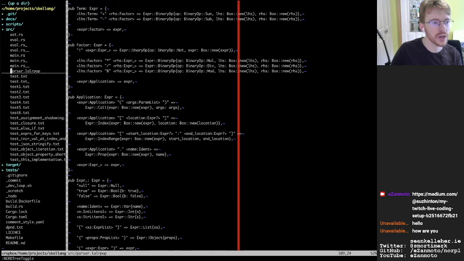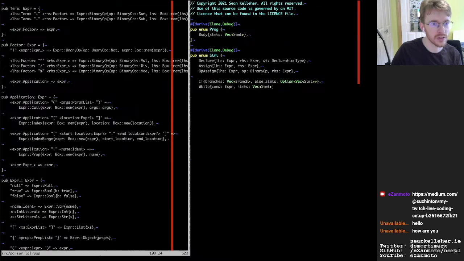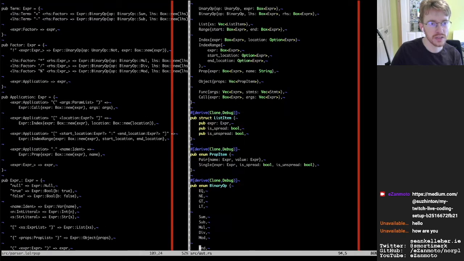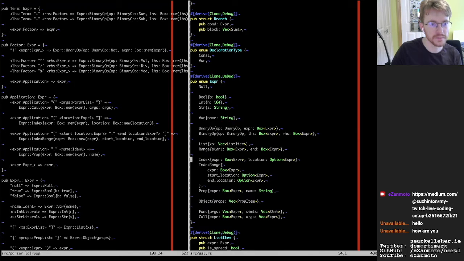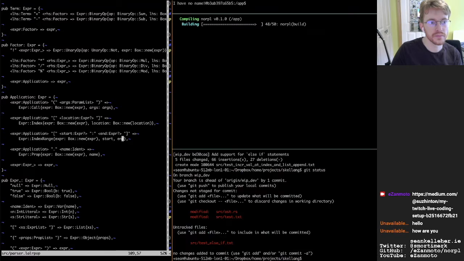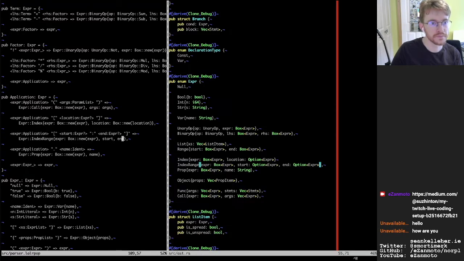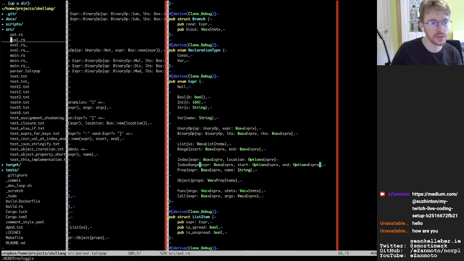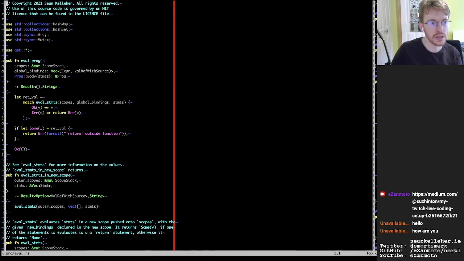Oh, and I actually don't really need to call it start location and end location, realistically, because the fact that those are locations is somewhat captured by the fact that this is called index range. So I'm going to put those all in one. So hopefully that should be enough to allow me to then